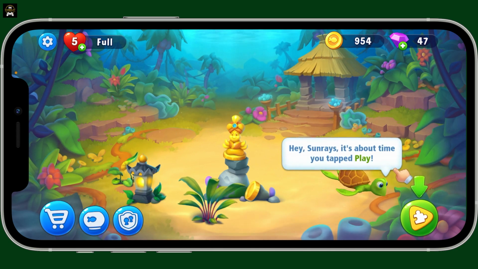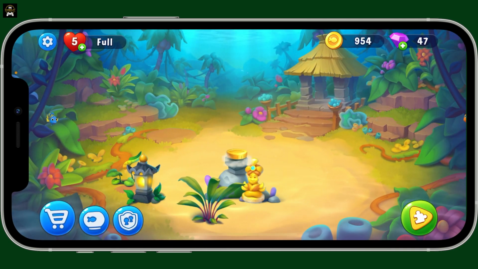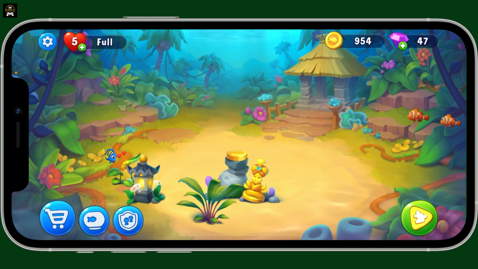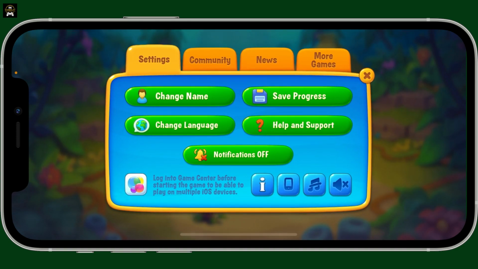First of all, open your Fishdom application on your device like you normally do, and once you're on the main home screen, go ahead and tap on the gear button at the top left. Now, click on the music note and speaker icon so that you can enable or disable the music and sound